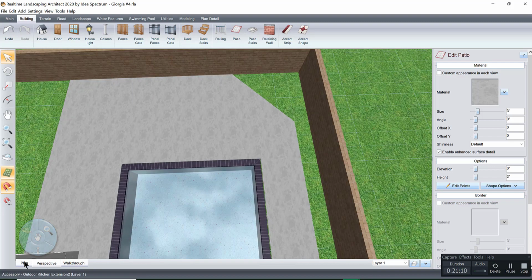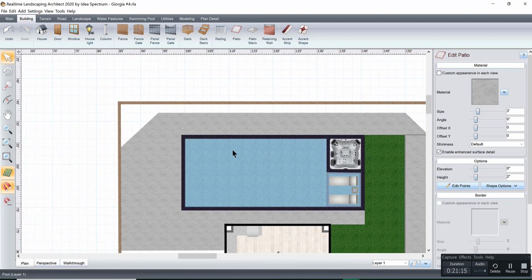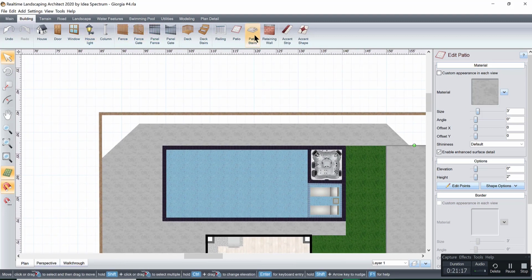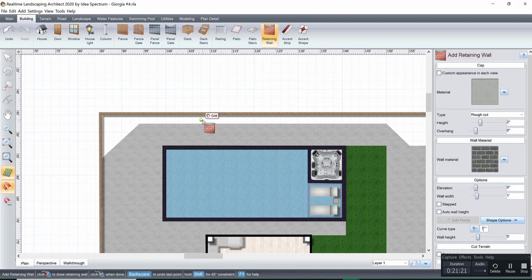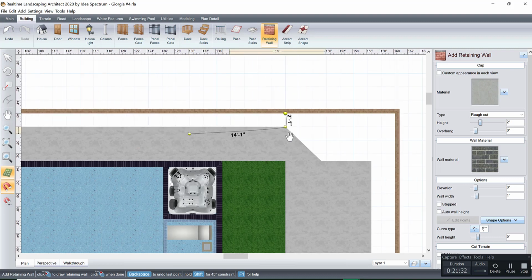So let's put a couple raised planters, and then we will call this done before you know it. For a raised planter, we're going to go to retaining wall, and it looks like I'm pretty much going from the lawn, we'll just say here, 2 feet out,